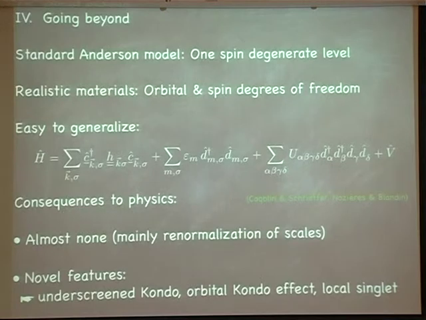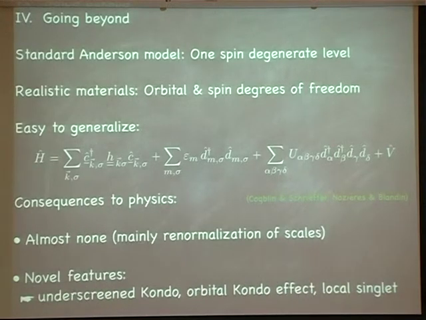There are consequences to physics, and this has been worked out by Coqblin and Schrieffer, Nozières and Blandin, and others. I mean, this is the oldest thing I know about that. Maybe there's even older stuff. Actually, there is not very much that changes. There's mainly a renormalization of scales. That's one aspect. So you can also still find kind of Kondo physics. There may be different scales involved. The scales may not depend exponentially anymore, but otherwise there is very similar physics, in fact.